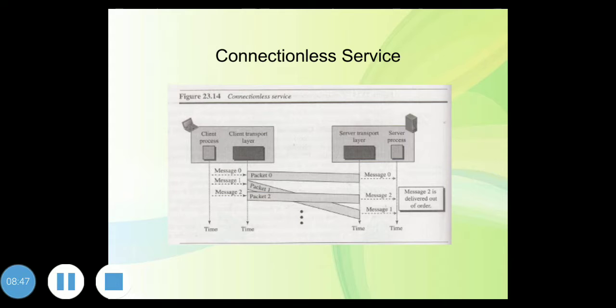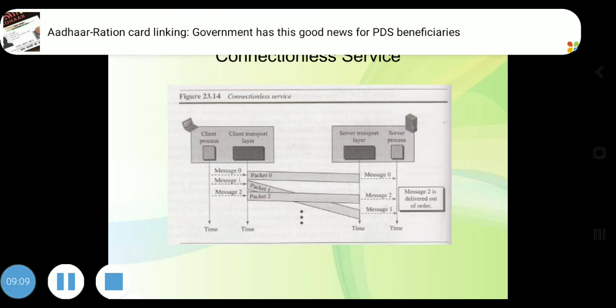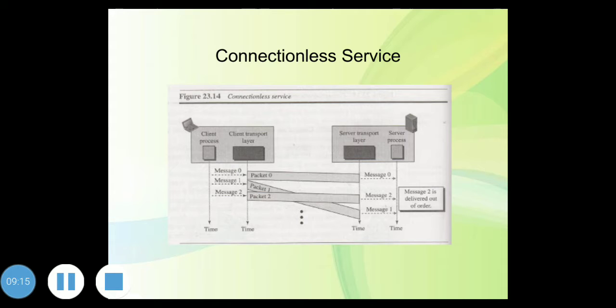The movement of packets is shown using a timeline, but we have assumed that the delivery from the process to the transport layer and vice versa is instantaneous. At the client side, three chunks of messages are delivered to the client transport layer in order 0, 1 and 2. Because of the extra delay in transportation of the second packet, delivery of messages at the server is not in order. If these three chunks of data belong to the same message, the server process may have received a strange message. If one of the packets were lost, the situation would be worse.